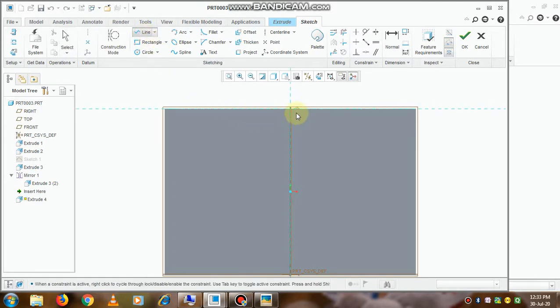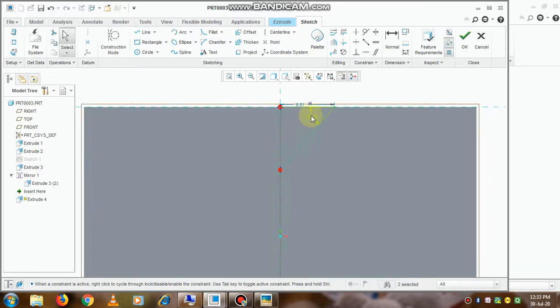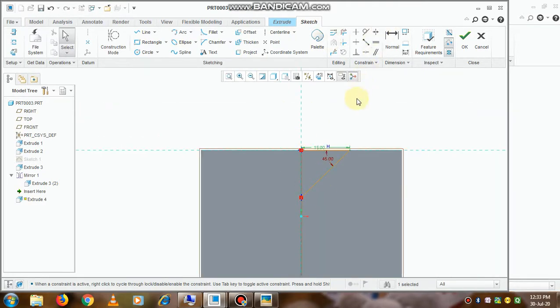So go to the option that is line. So from the center, this is the good thing which happens when we use the center rectangle as the command, so that always we can use the symmetry option. So take this as 15. Now the angle is 45, so automatically the second side will come as 15.